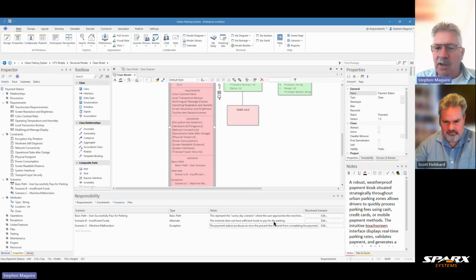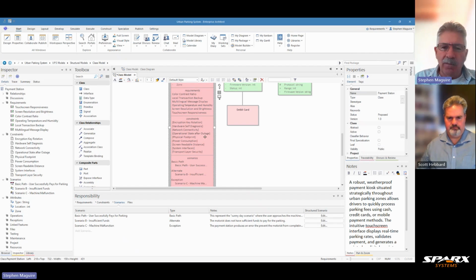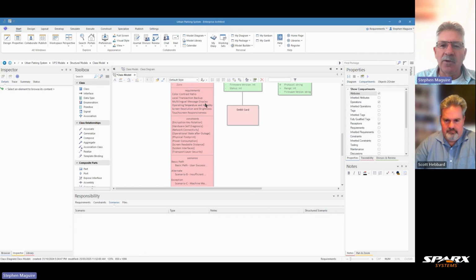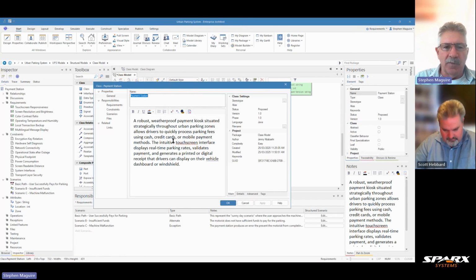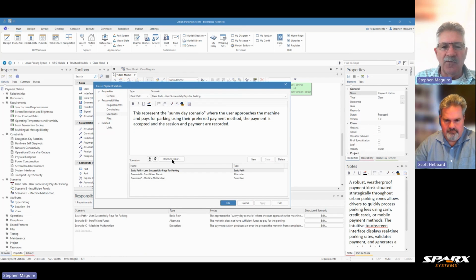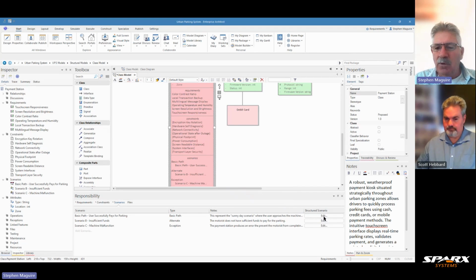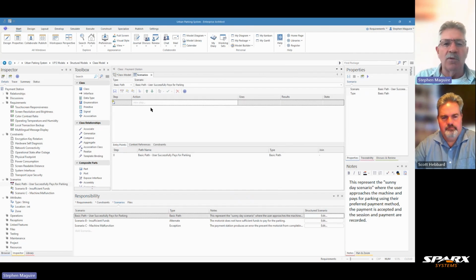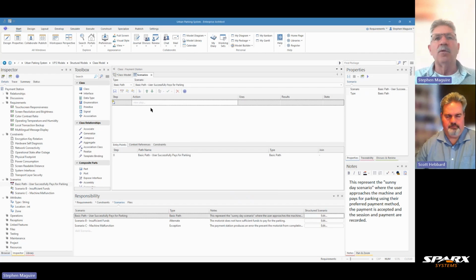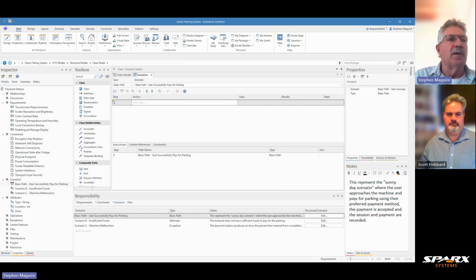So there again, we can see that the basic path of scenario B, scenario C, and we've got the notes in here. And here we've got this structured editor. So structured scenario edit. So we can do it from there, or you remember in our dialog box when we were in this element as well, we had that option with the scenario selected there. We can use the structure editor. So we select the particular one that we want. Let's do it from this one here, and we'll go in here and we'll say we want a structured scenario for this particular item. So let's have a look at that now, and we'll enter some things in about this one, about this